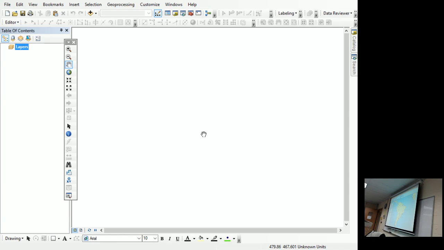Okay, so I do that again. I zoomed in to wherever you're supposed to go. Then you hit Alt, print screen. Go into your Word document and hit Control V. That pastes what you had on the screen into a Word document. This assignment, you're not going to be turning in MXDs, you're going to be turning in screenshots. So you need to know how to do this.